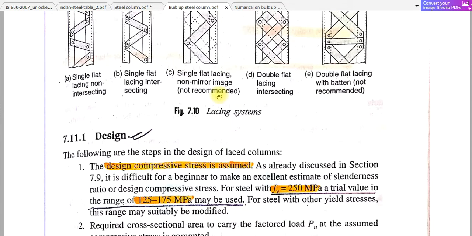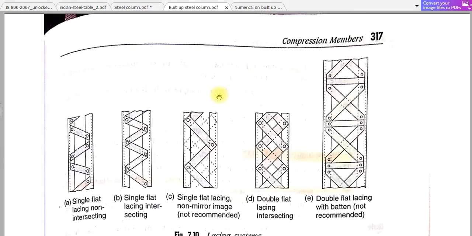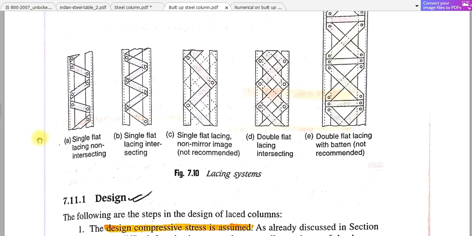So you will be facing that there will be a particular amount of compression load that should be carried by the compression member. You have to find the required section and also the required spacing, because you can see this is a single lacing column, so a particular amount of load will be given. That load should be carried, and you have to design that column. That means you have to find the required sections, and you have to find the required spacing between these two